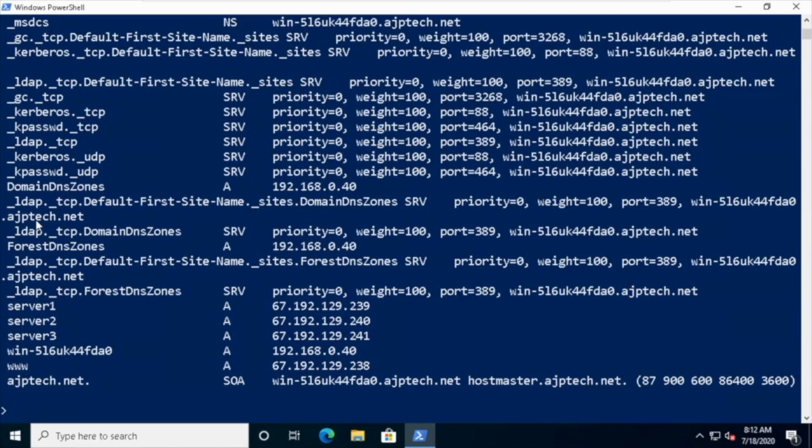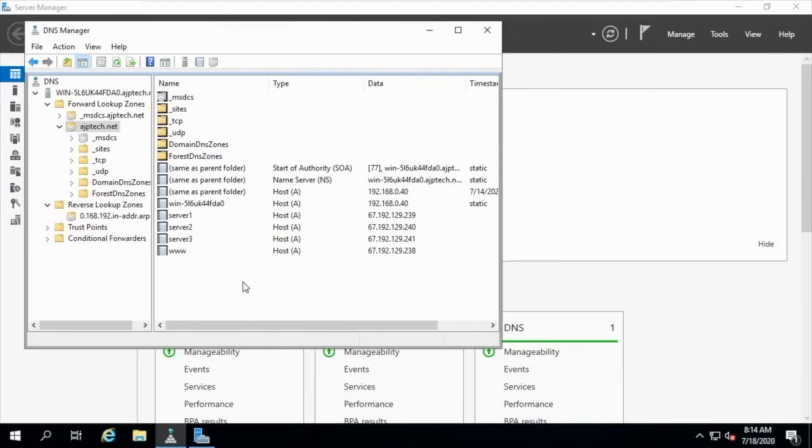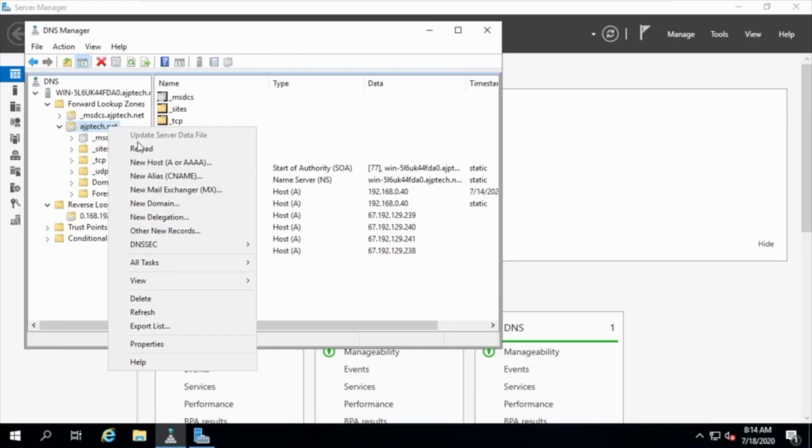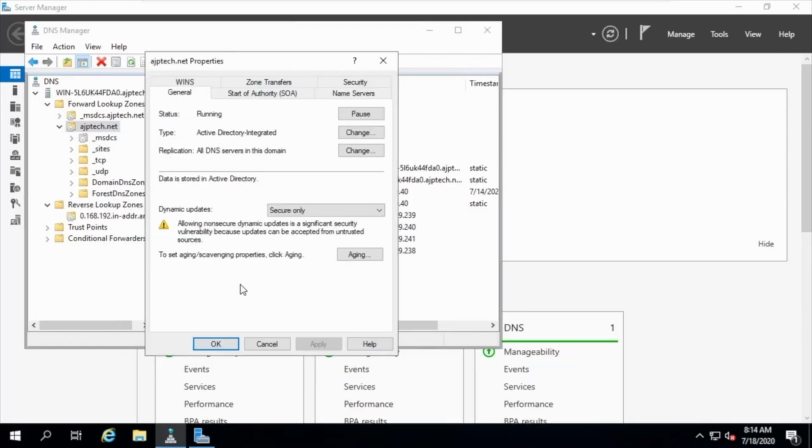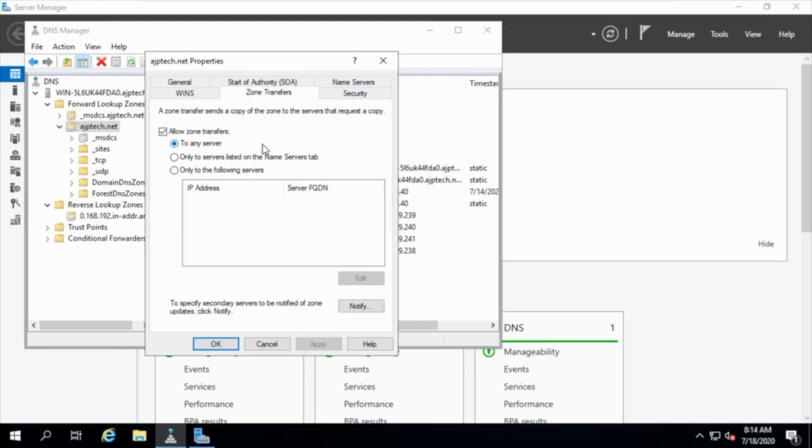Inside of Windows Server 2019, you see here I've launched the DNS manager on the server. If you haven't installed that role before, it's super simple to do, and you do so before configuring these different zones. Let's go ahead and look at some of the properties that you might want to set. The one that's of most interest to us right now is the Zone Transfers tab. This basically specifies who is allowed to gather all those records at once,